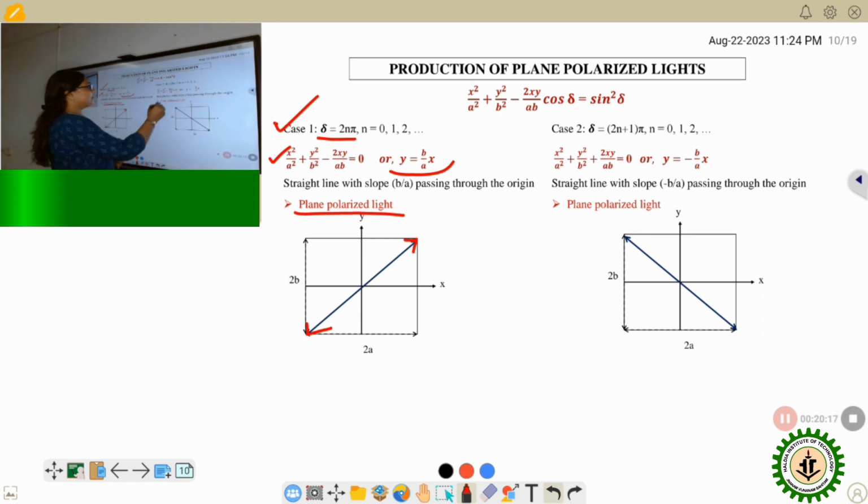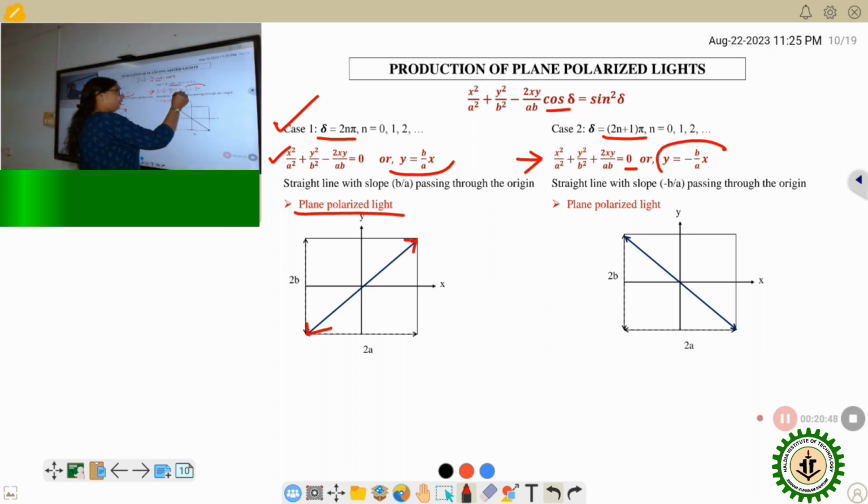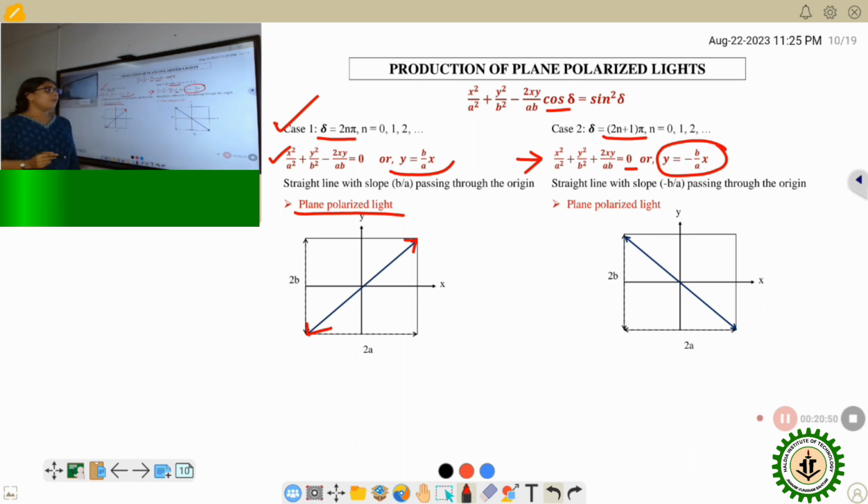The next case, delta equal to 2n plus 1 into pi, that is, odd multiple of pi. The first one was even multiple of pi, next one is odd multiple of pi. What will happen? Cos delta term will become minus 1 and sin square delta will be 0. So the equation will reduce to x square by a square plus y square by b square plus 2xy by ab equal to 0,